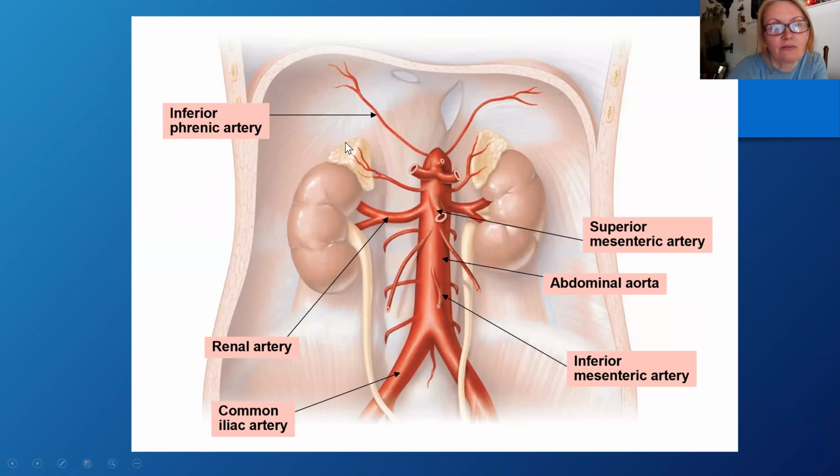So here again we see the diaphragm. We see branches that are superior to the celiac trunk. So that's our celiac trunk. The branches superior to it are the inferior phrenic arteries, and they will bring blood to the diaphragm. Then we have several arteries coming over here, right? So that's our abdominal aorta, and this is the superior mesenteric artery, inferior mesenteric artery, renal artery,